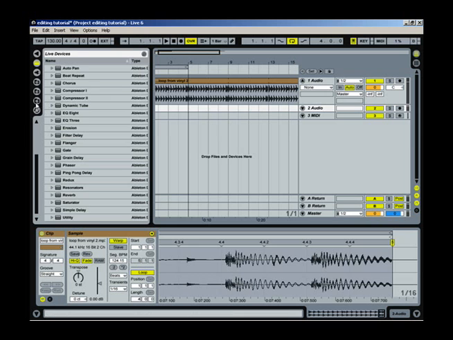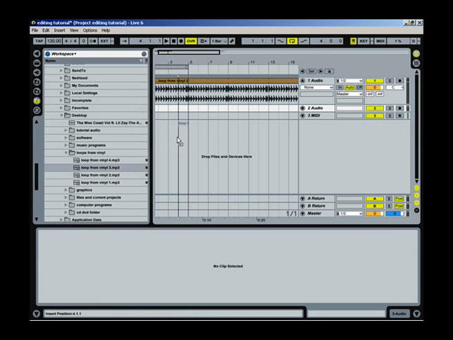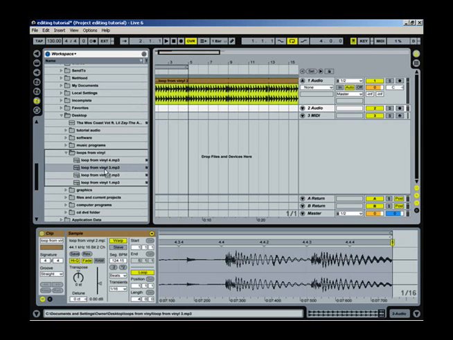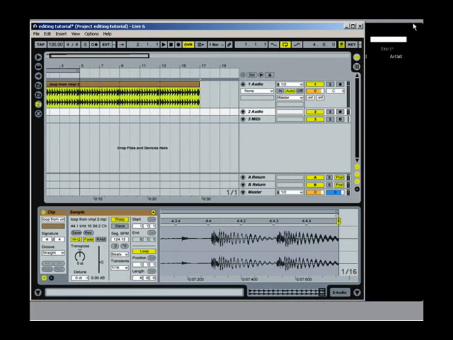Go into your browser here, find your folder, and you can simply take that and drag it in. And it'll either make a new track or you can place it on an audio track. That's the first way. Another fun way to approach it is you could minimize this a little bit,